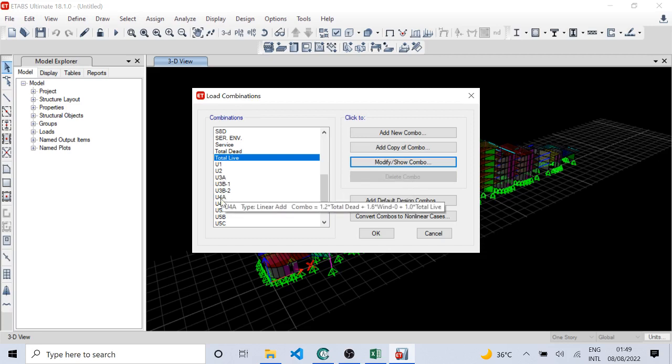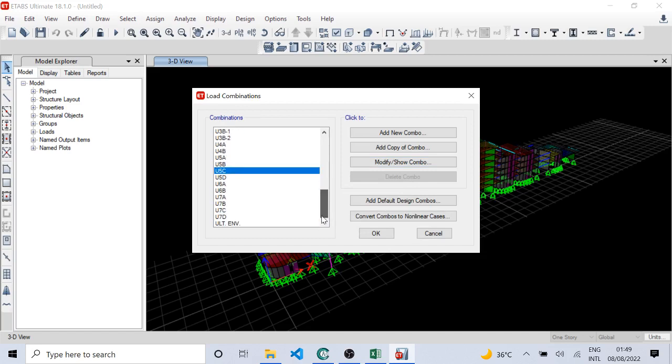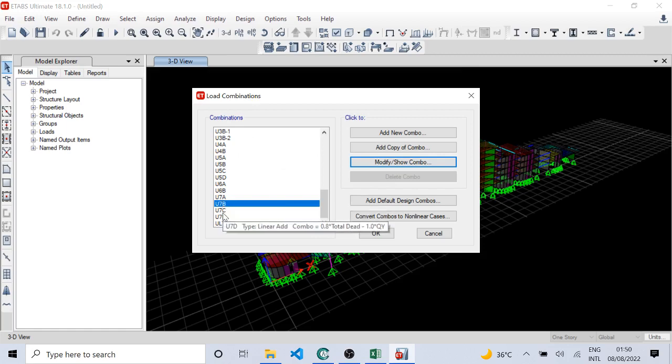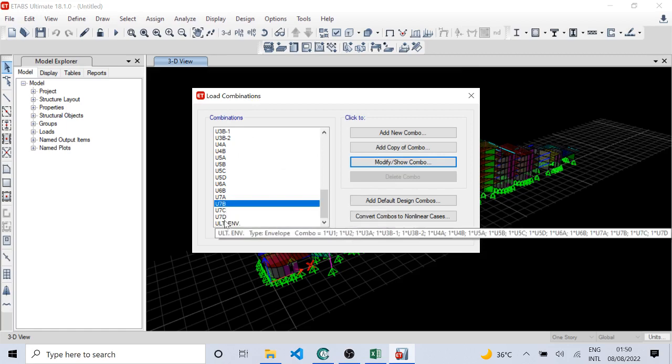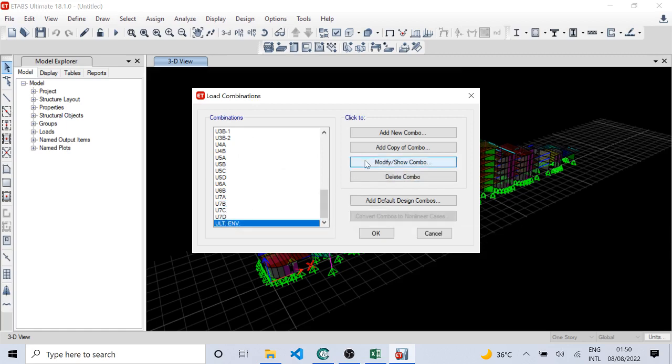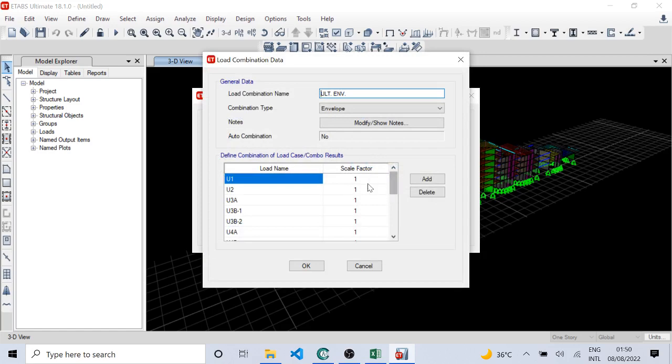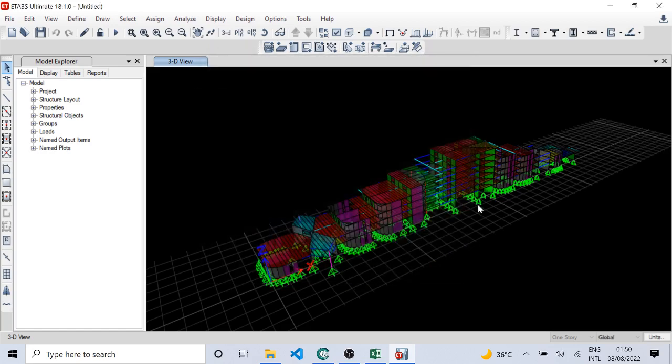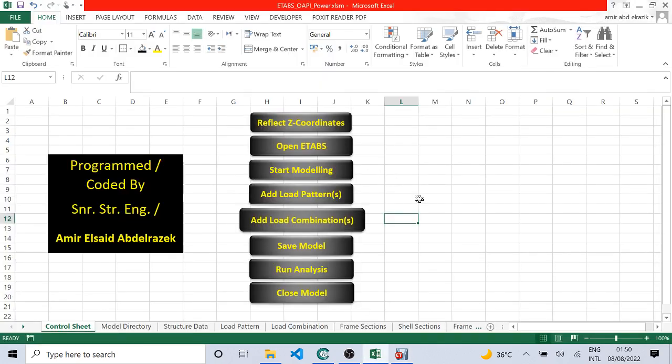Let's jump to the ultimate. Exactly as per the SCCE 7.5. Let's open this one to check. Yes, it's showing exactly. This is the ultimate one. So I believe no more magic. We are going to